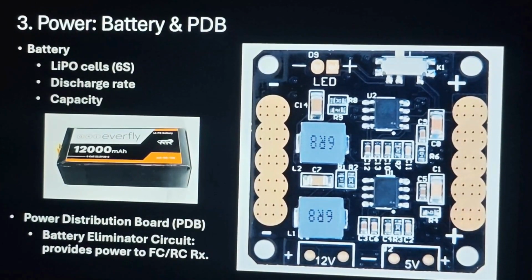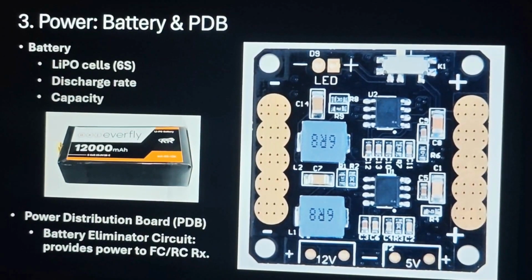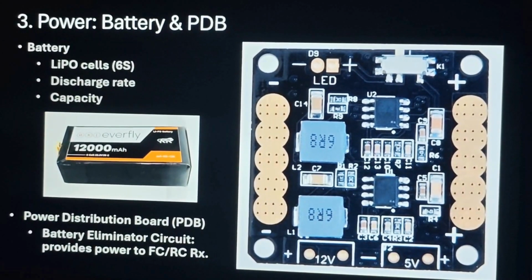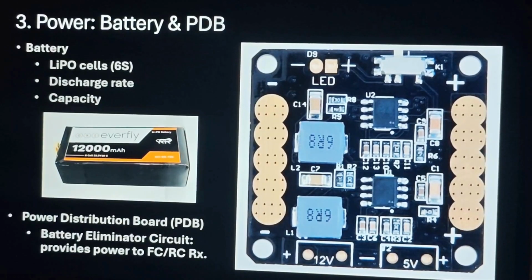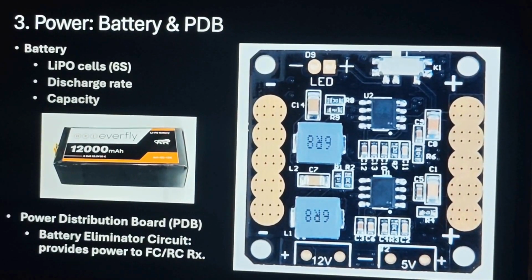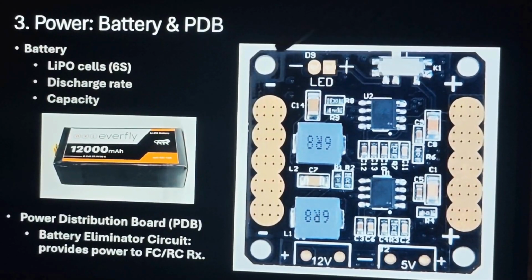It is either 6 cells or 3 cells based on the amount of battery capacity required, and it also has one parameter called discharge rate. And based on these parameters, the battery powers multiple components of the drone. And the other components which are connected through the battery, there will be the power distribution board, which